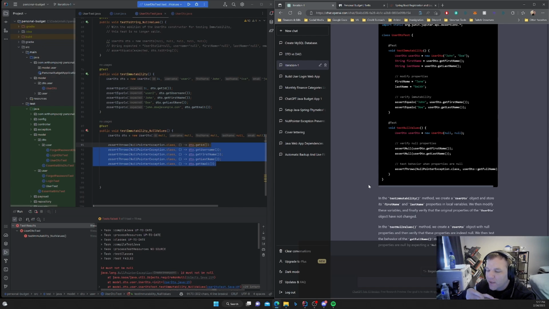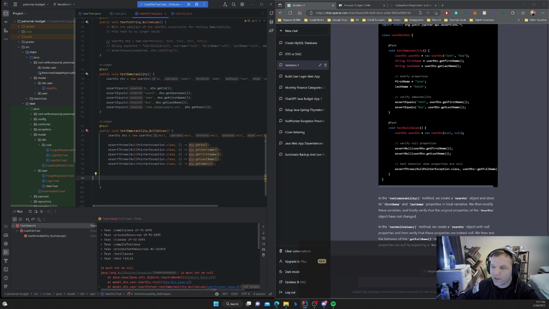In the test null values method, we create a UserDto object with no properties and then verify that these properties are indeed null. We then test the behavior of the getFullName method when one or both of the properties are null by expecting a NullPointerException to be thrown.